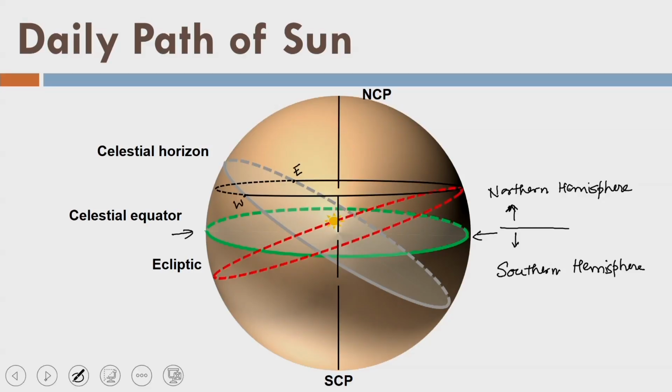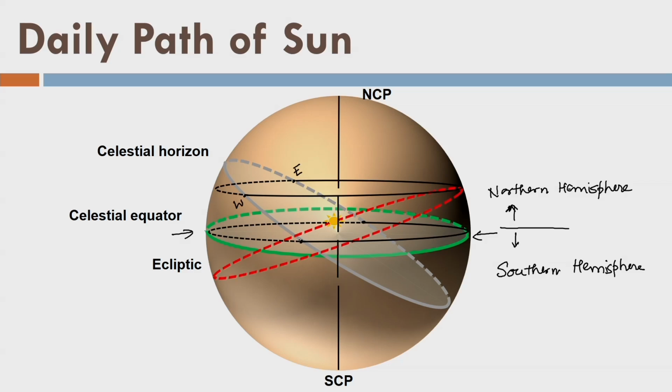Let us say the sun is at the equator, that means this position on the ecliptic path. This is the daily path of the sun. Now, you can see that it is coming above the horizon here and it is setting down here, right. So, this is the motion of the sun. It has just come above the horizon and now it is daytime at that observer's location, and now it has set here in the evening and again it is night time when it is transiting through north, and it has done one complete cycle.